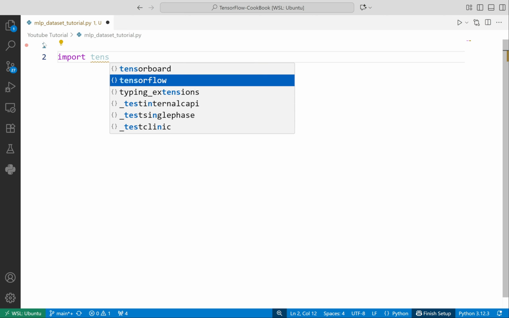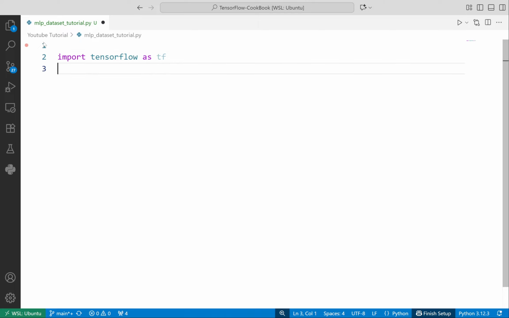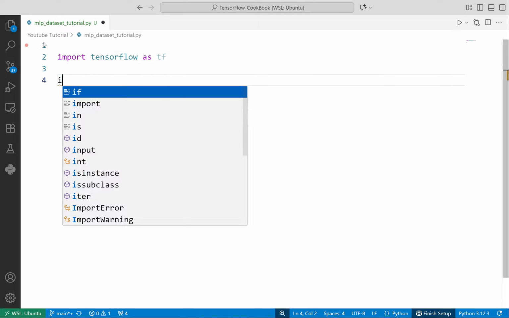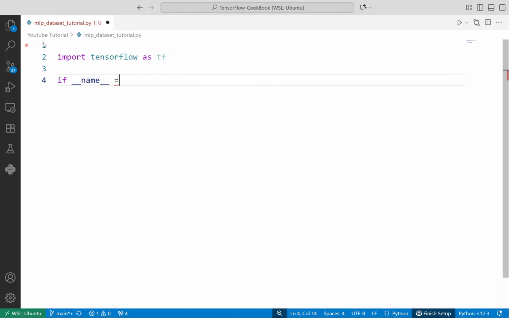So let's first of all solve the same thing again. Import tensorflow as tf, and if __name__, this is where our execution will start.